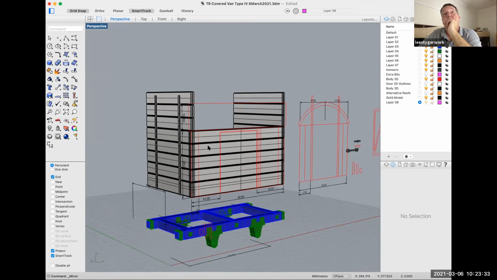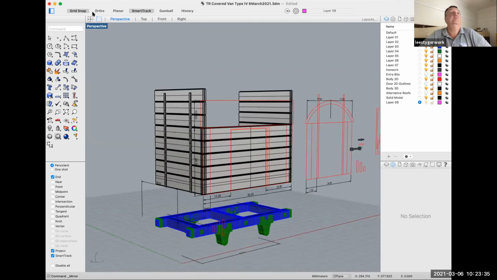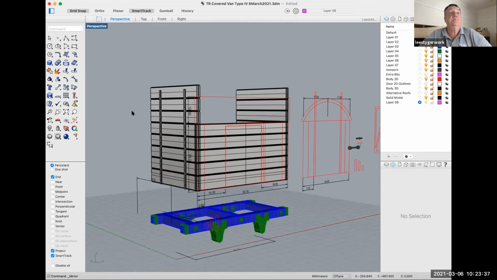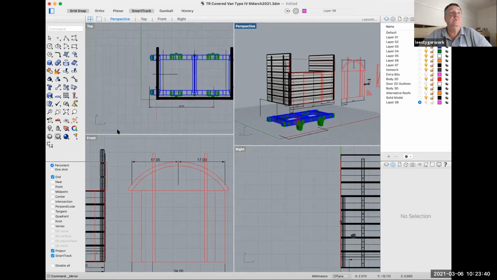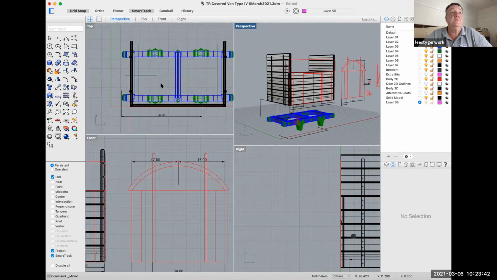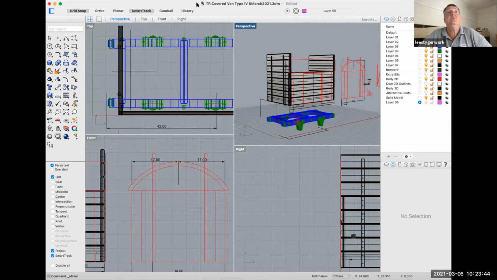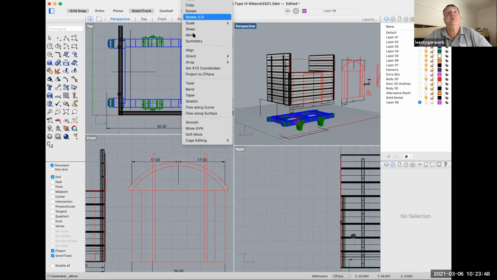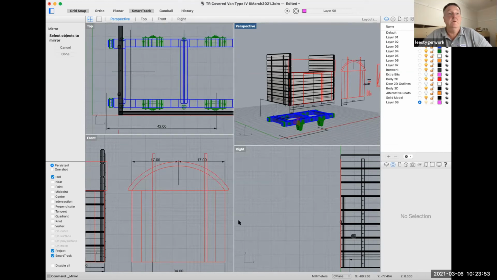Yeah, okay. Now, just to finish the job, just to show you that even when we think we're as magnificent as we are, things don't always work out. We're going to mirror this one over to this side. So transform again, mirror, pick